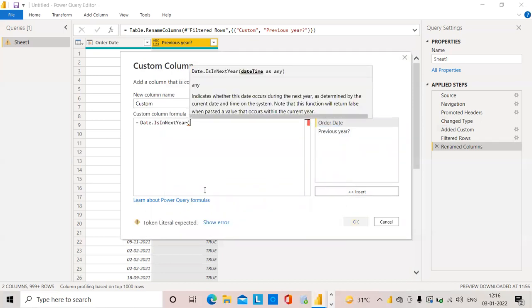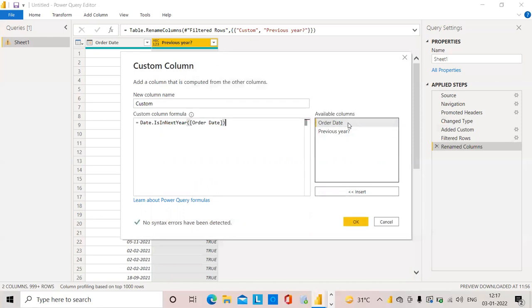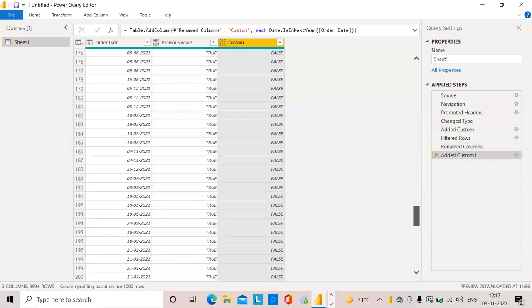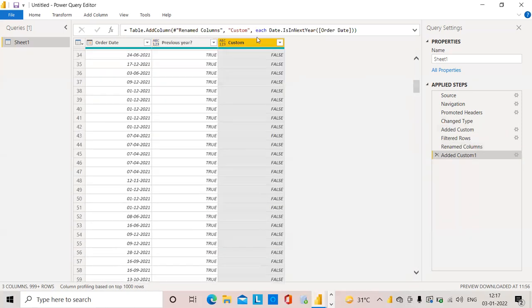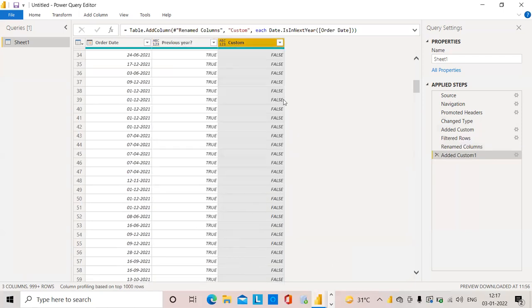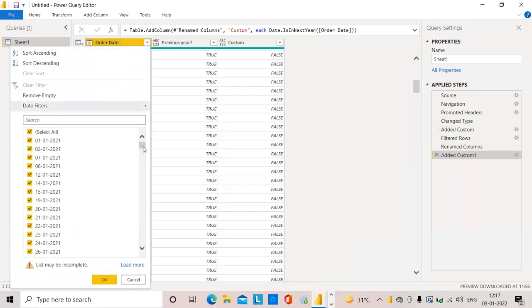Open the bracket. I am using the same column, that is Order Date. Close the bracket. Next year means 2022, because now I am in 2022. Suppose I want to see the next year, next year data is not available in this date table. It is not available.